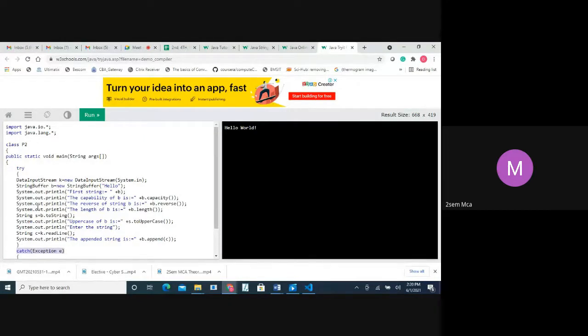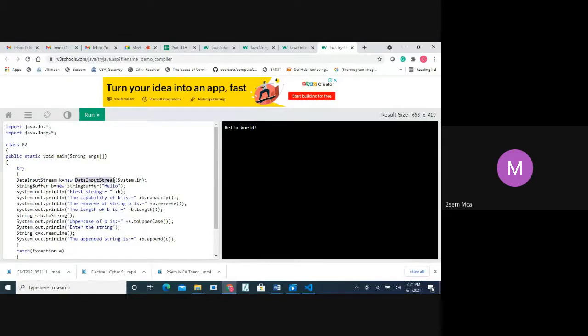Okay, so next we come to DataInputStream. Why we are using this DataInputStream is that, in the program, they've told us to take some value from the keyboard. If I want to take something from the keyboard, I create an object from DataInputStream.